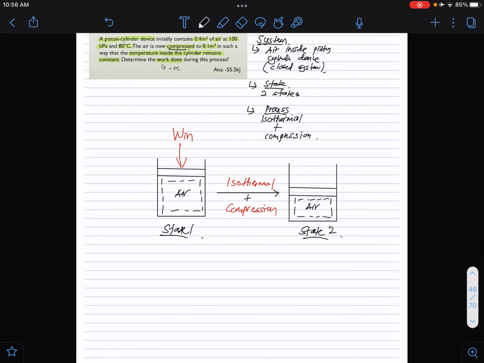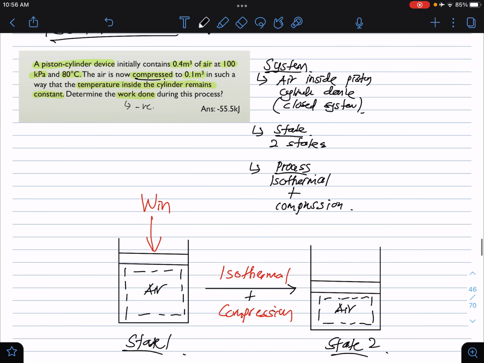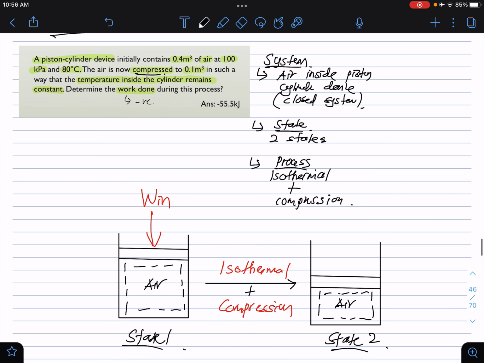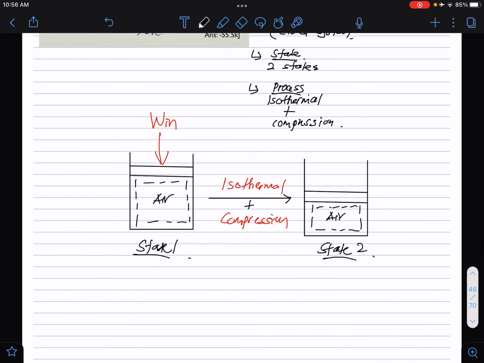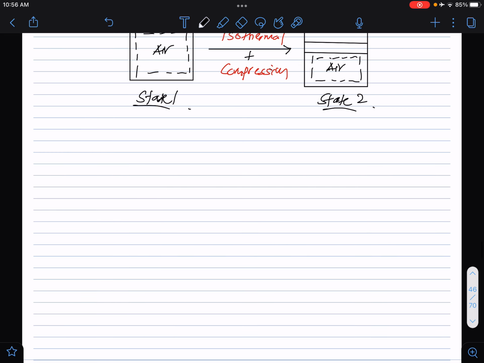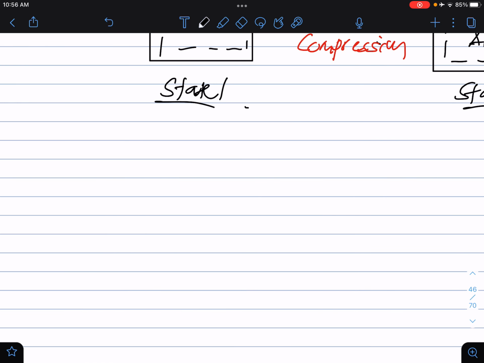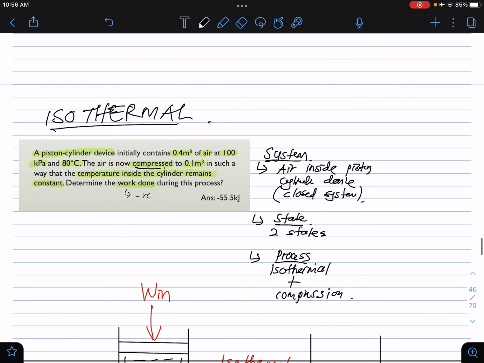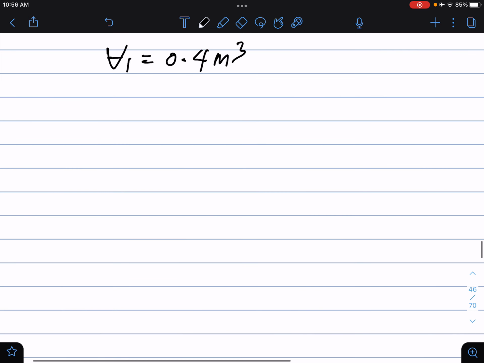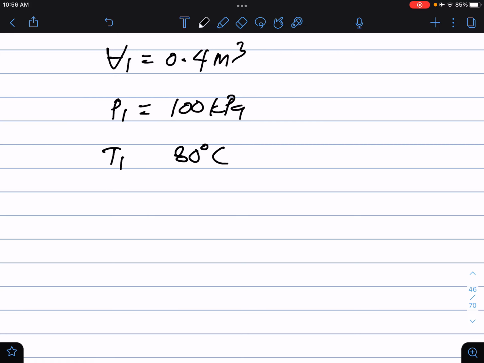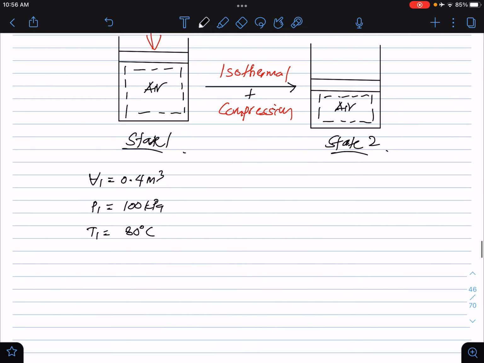Okay, so what is state 1? The state here contains 0.4 meter cube, that is the volume, and 100 kPa and 80 degrees Celsius. So I just copy here: V1 equals 0.4 meter cube, then 100 kPa, 80 degrees Celsius. This is your pressure and this is your temperature. Okay, at step 2,